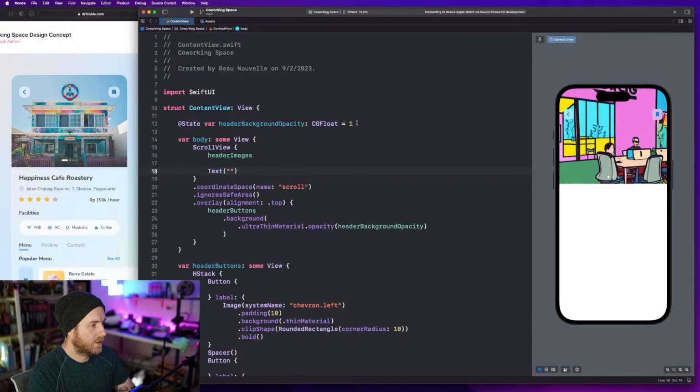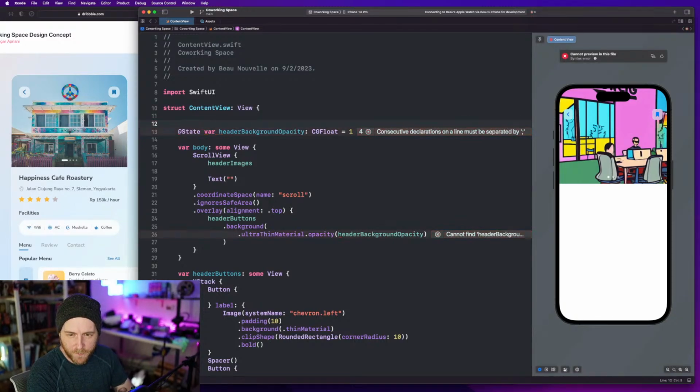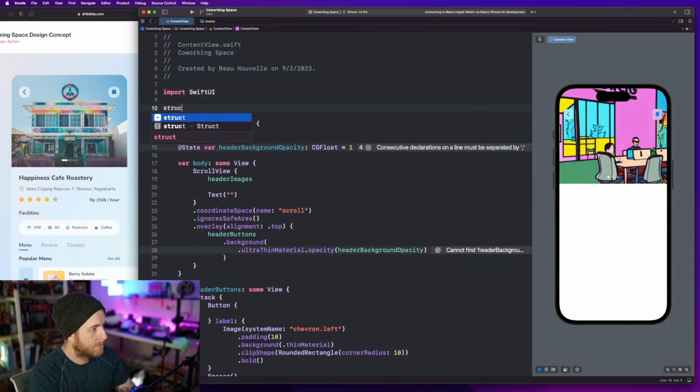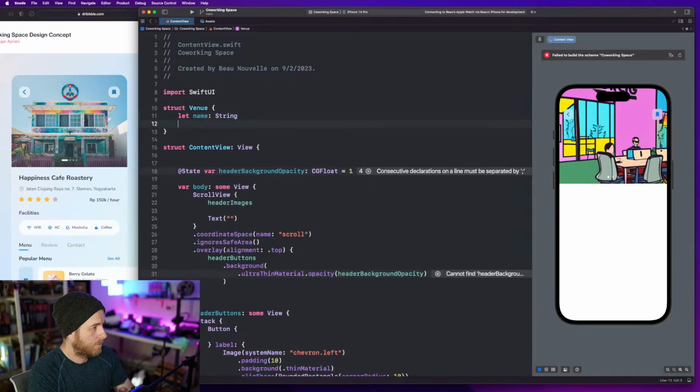So the text, the title here, let's go with title. No, let's go with location name. Do you want to create a model object? We haven't done that before, have we? Let's do that. I'm just going to pre-fill all these, right? Happiness Cafe